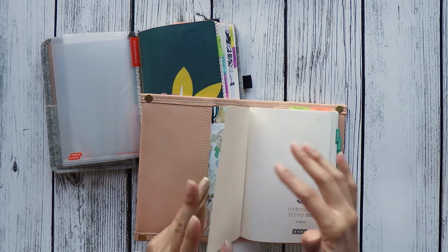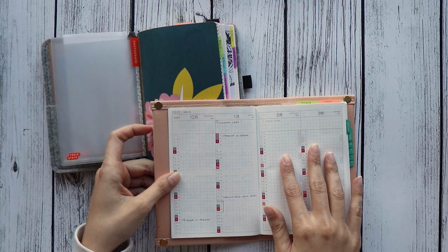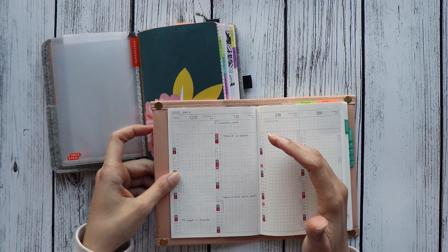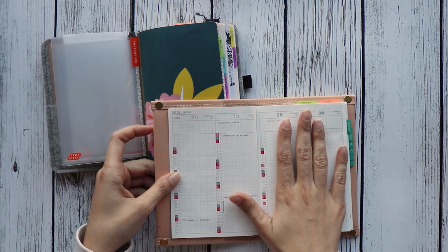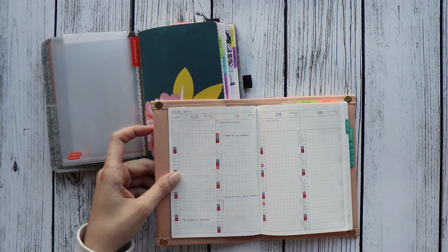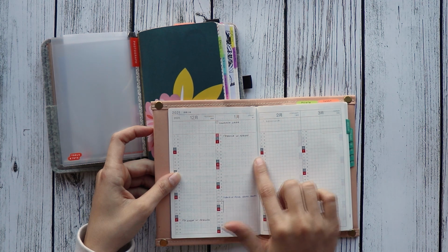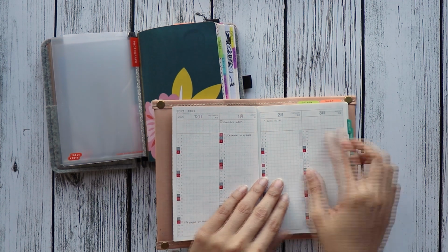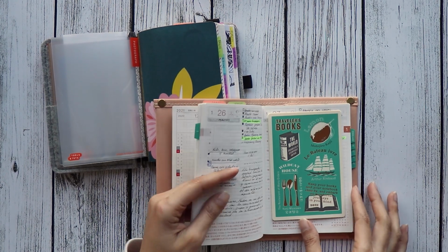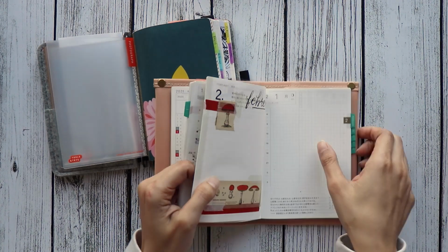Okay, so this kind of Gantt chart, I use it to track like my period, doctor's appointments, and I think I'm going to also use it as an index for important things inside my planner. For example, if I have a doctor's appointment on February 5th, I know that not only it happened on that day,